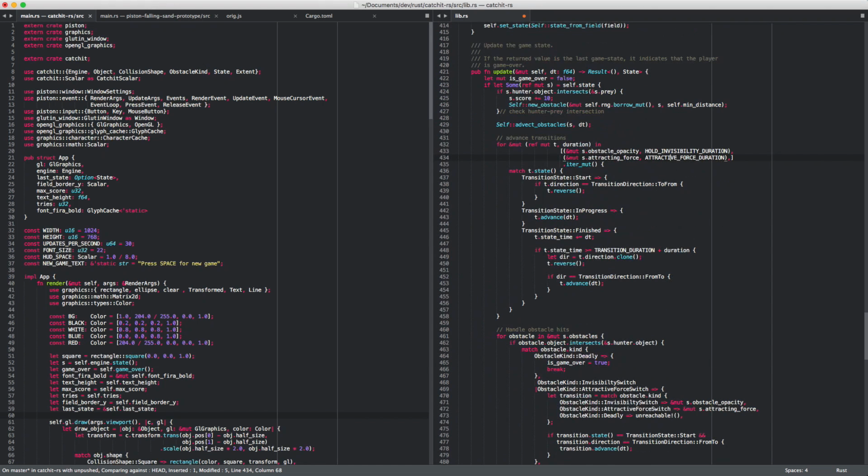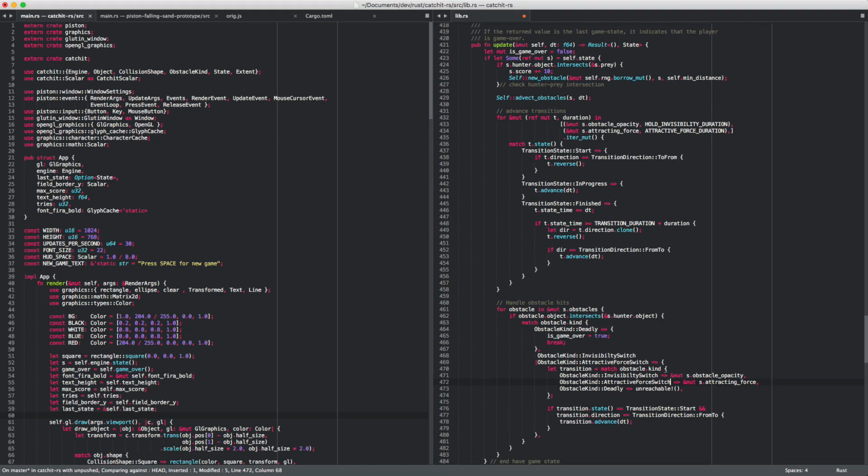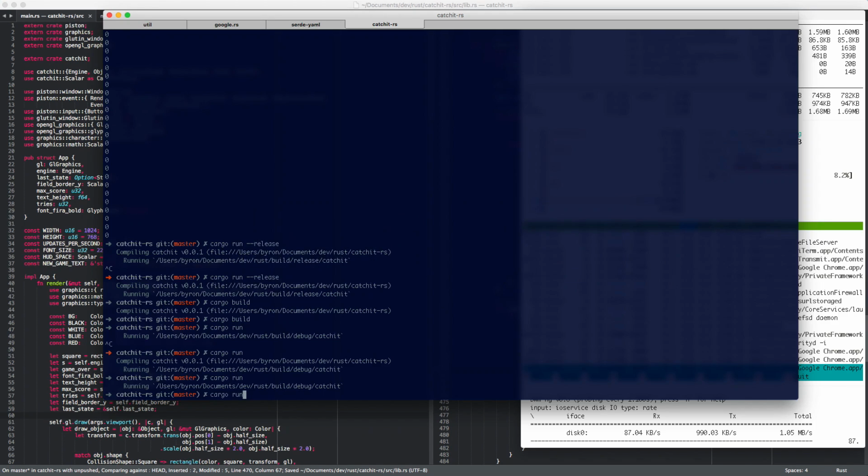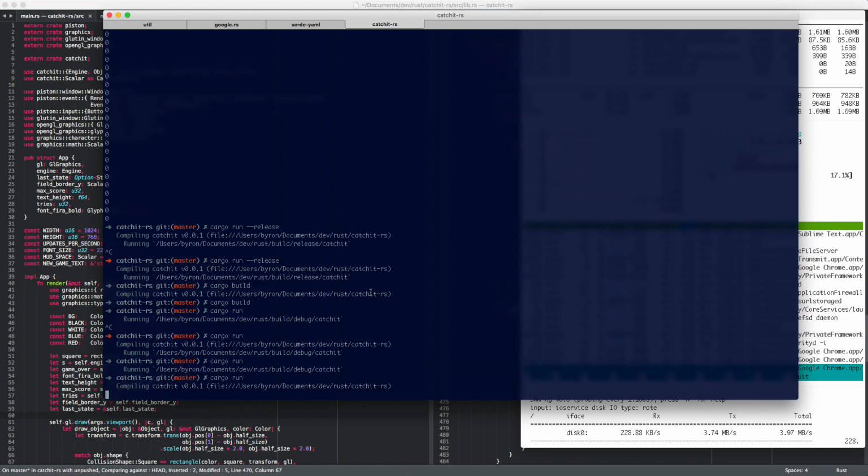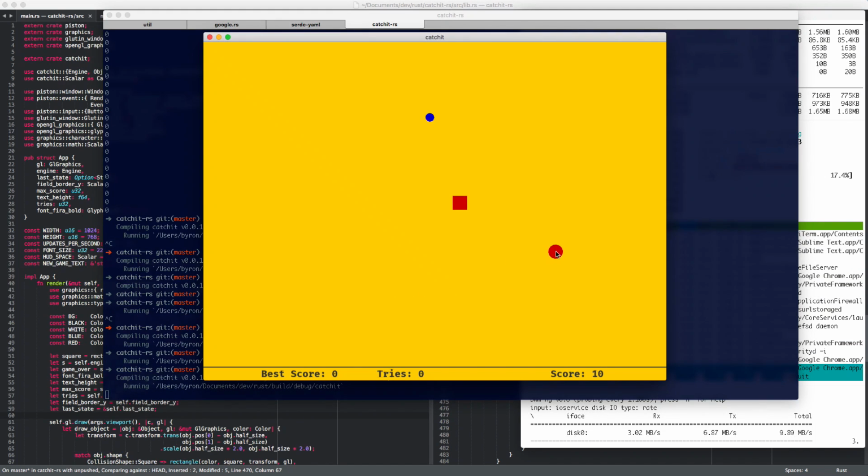And now that we have this, we can go back to our intersection code and just drop it in, right? So in the moment we have intersection, then we just set the velocity of the intersected obstacle to the hunter velocity. That's all, copy. So we should be fine like that. So let's see how that works, if it works at all, if it compiles at all. But in theory,